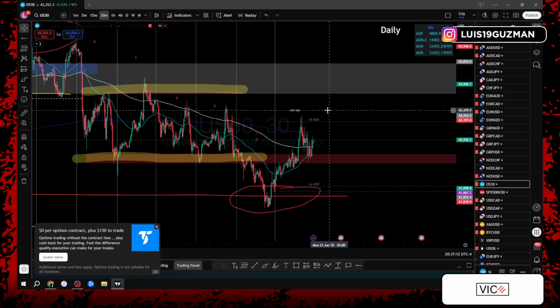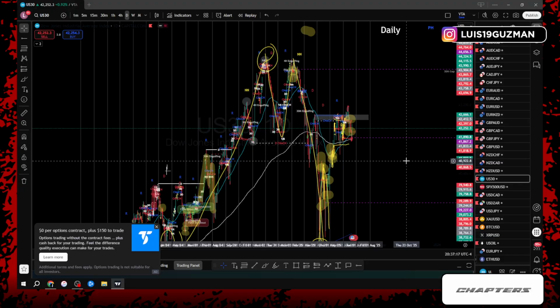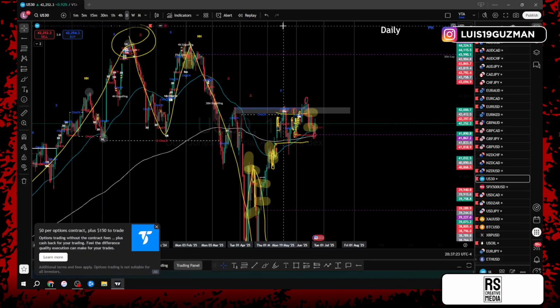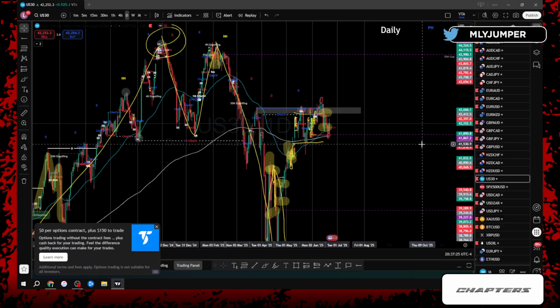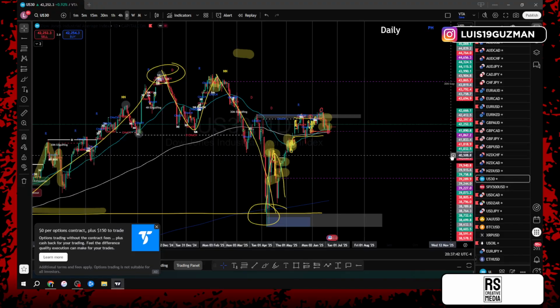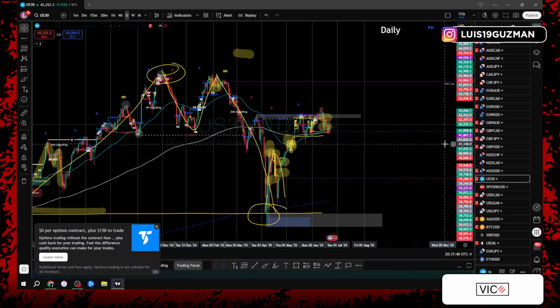So pretty much what I'm looking at right now with these other pairs. Again, I'm pretty much done with the breakdowns. At this point, I'm just observing what price is doing for a lot of these other pairs. These last couple pairs, I don't trade. But for the ones who do trade them and want to stick around to see me update it, this is the time in this video where we're gonna do that. I'm not gonna give explanations, but I'll say something to give everybody an idea as to what I'm looking at.